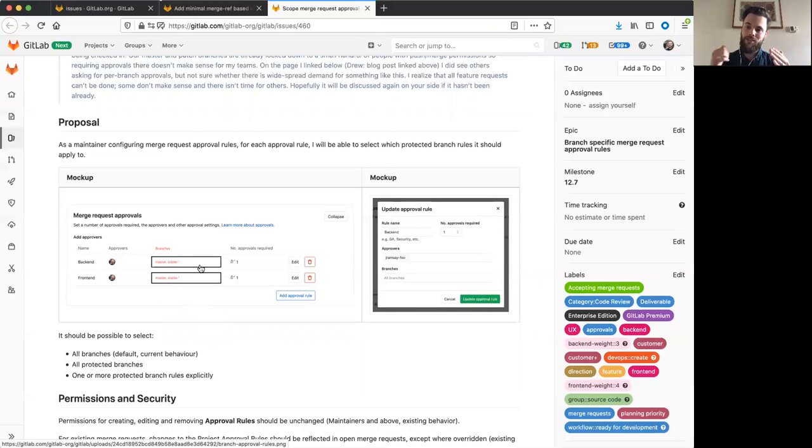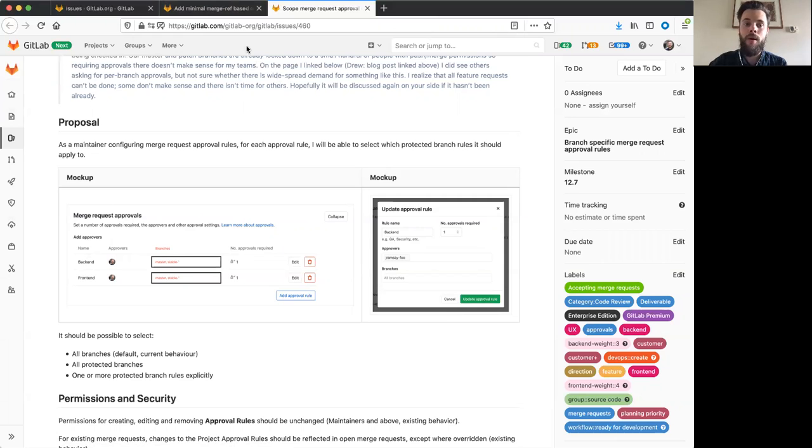So you can add the strict enforcement of your policies and controls where you need them, but then provide flexibility and freedom to your engineers in all the other important workflows that happen on a day-to-day basis. So these are really two very meaningful improvements. Scoping merge request approval rules to protected branches should provide really immediate benefit to lots and lots of customers